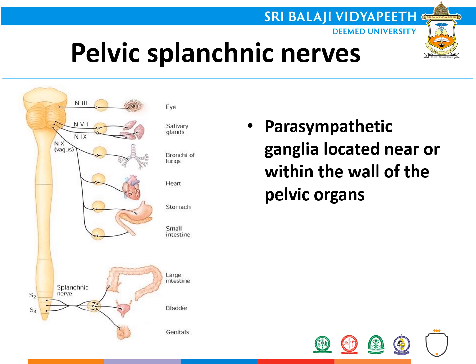And lastly, coming to the pelvic splanchnic nerves. So these pelvic splanchnic nerves arise from the sacral segments of the spinal cord, that is S2 to S4, from their lateral horns. And then they reach the parasympathetic ganglia, which are located within the wall of the pelvic organs, or which are present very close to it. And from there, the postganglionic parasympathetic nerves reach their target organs such as the large intestine, the urinary bladder, and the